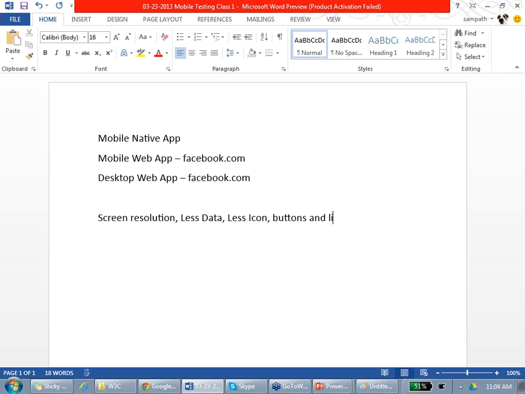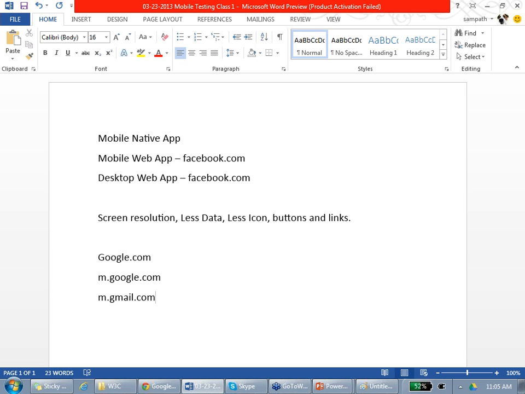Agreed? So when you make a web application, for example, if you go to google.com, this will be like that. If you open it from a mobile web, it will be m.google.com. Agreed? It will be m.google.com, m.facebook.com or m.gmail.com. Do you see that? So the web application for mobile is different. The web application of desktop is different. And native apps are different.